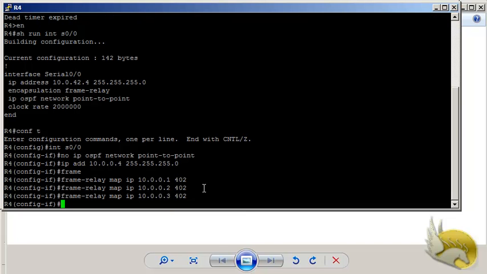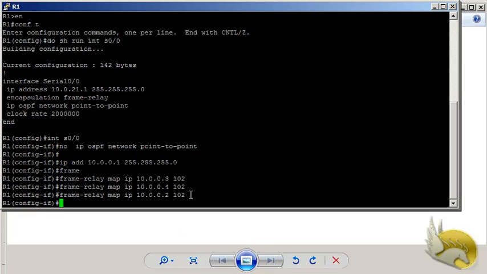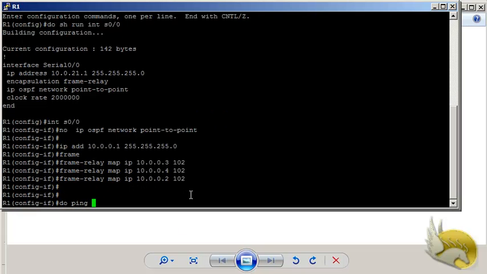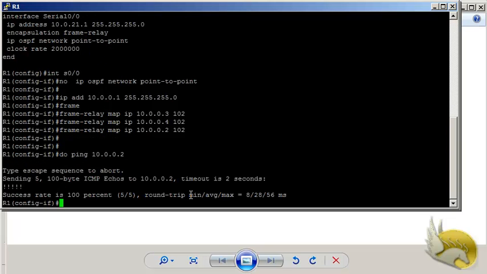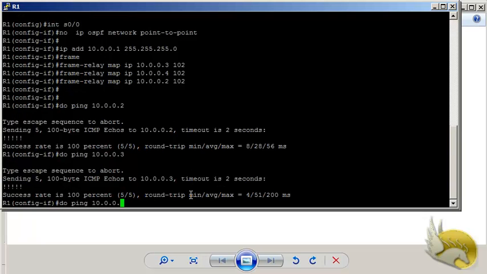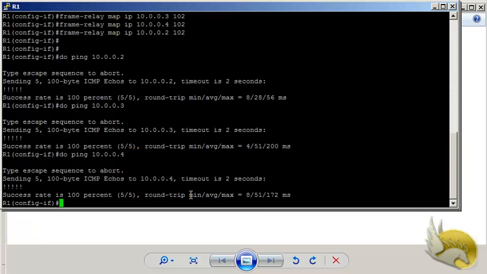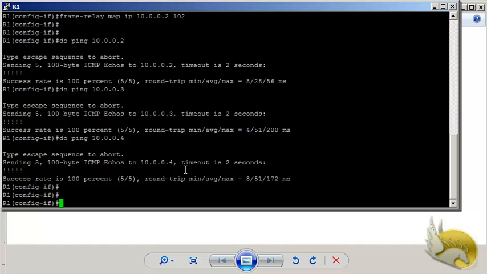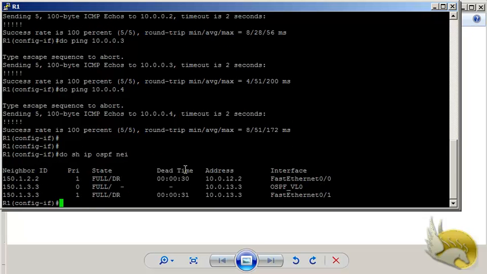Okay, now that I have the correct mapping, I should check the connectivity. So if I want to reach 10.0.0.2, this is successful. To reach router 3, this is successful, and to reach router 4, this is successful. And I assume that every configuration that I have made is correct and working. So now I want to see the neighborship of the OSPF process. To do this, I type show ip ospf neighbors, and you can see that now I have no